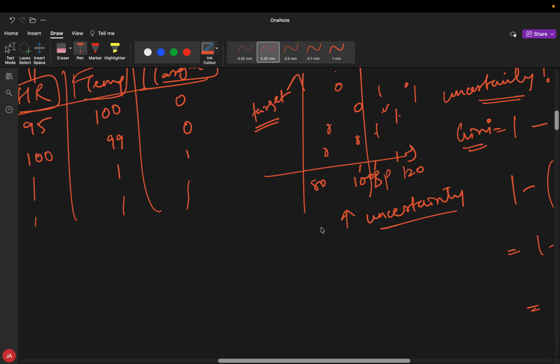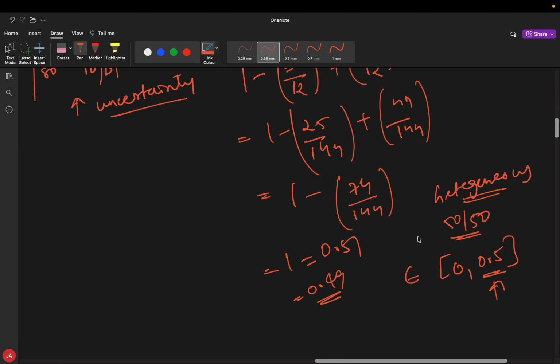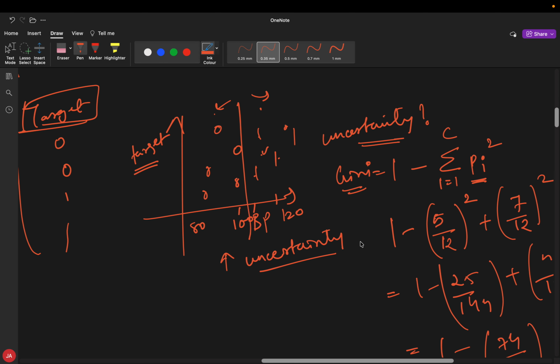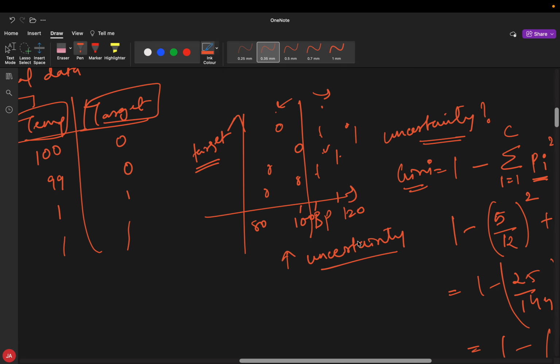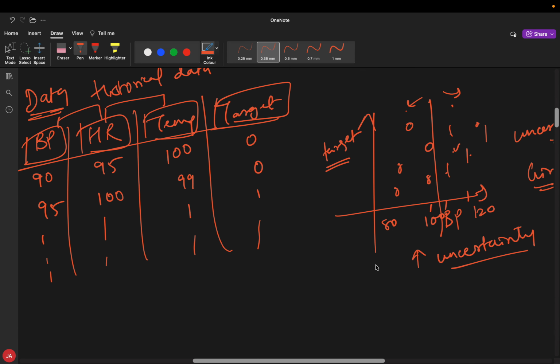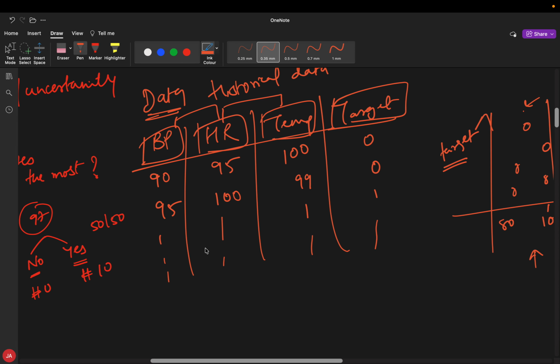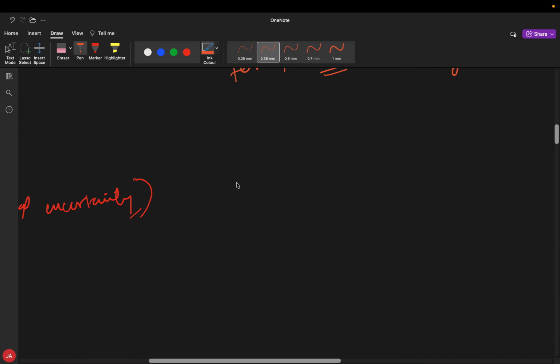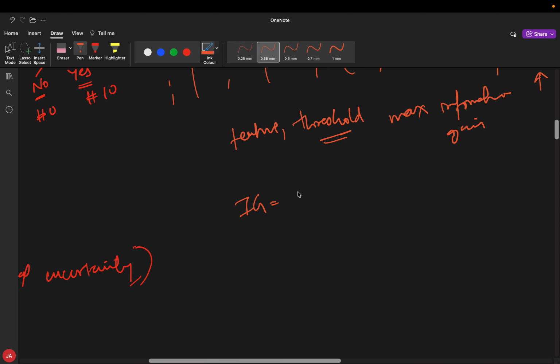So this is how we compute the uncertainty, and then we pick a feature and a threshold belonging to that feature which gives me maximum information gain. Well, what is information gain? Information gain is nothing but the